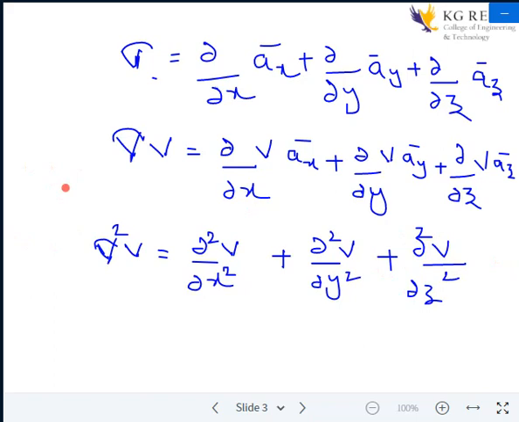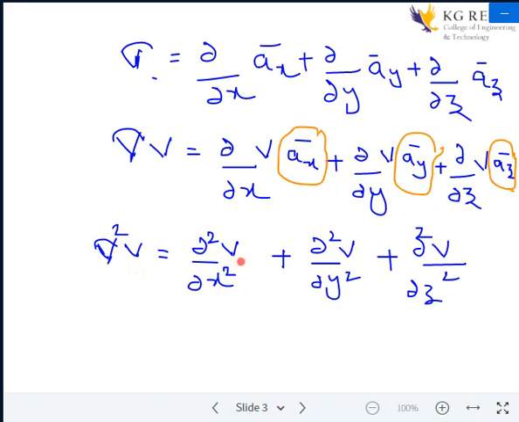That's it. Now you may have a small confusion about where the unit vectors ax, ay and az went. When you do the del operation one time, you can see ax, ay and az, the three unit vectors, present in this operation. But if I do it twice, you can't see ax, ay and az in this operation.